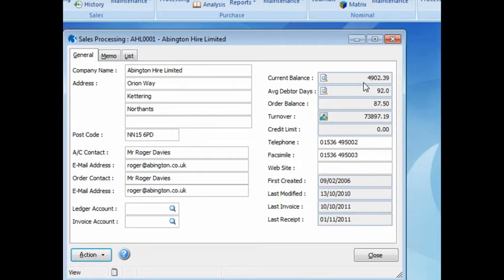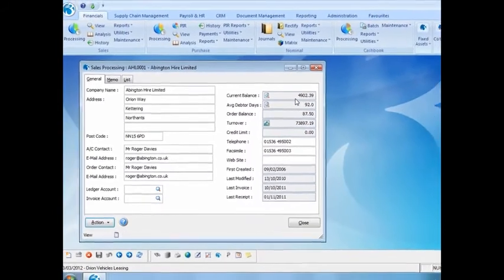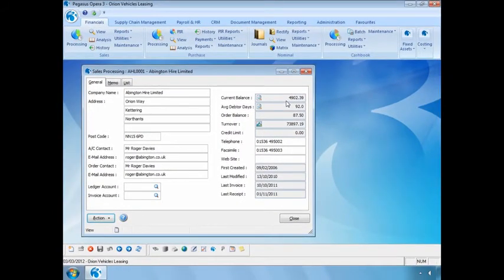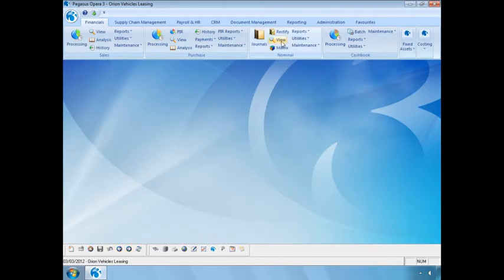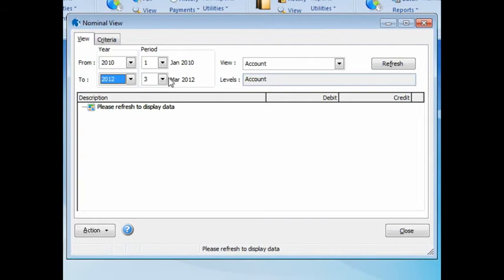So let's have a look and see what's happened in the nominal ledger. I'm using real-time update of Nominal, so my journals have been posted straight away. However, if you're not using real-time, then this posting will be sitting in the transfer file, ready to be transferred into the Nominal. So let's go into our Nominal view and we'll filter purely for the current period, which is period 3, 2012. I'm going to select a simple view by type, subtype, and then account,